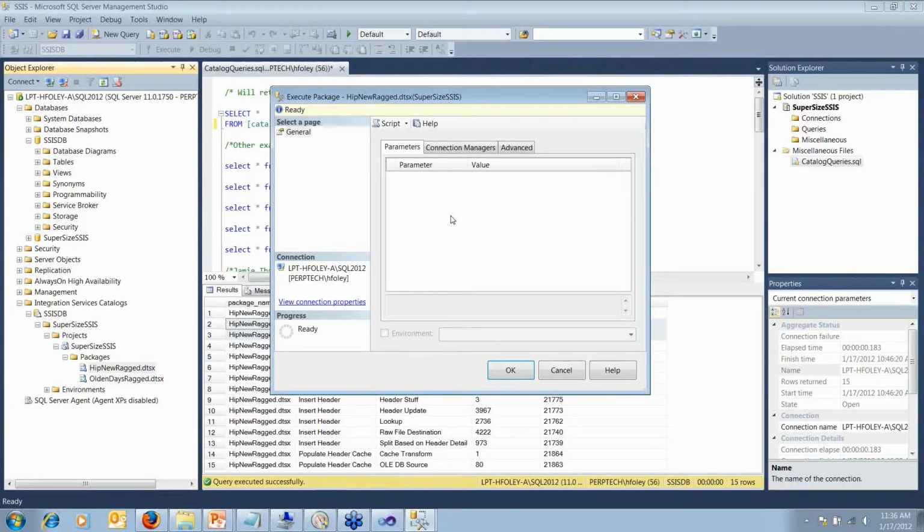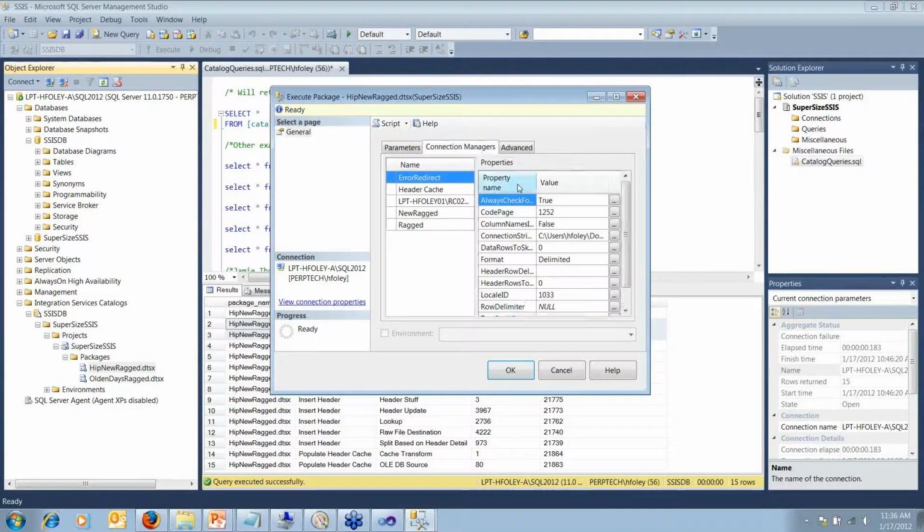So I could, for example, specify the server this is going to run on and my database, and I can split it out like that so that every time it's run, you have to pass them. Also, once the package is deployed, you can see here it has